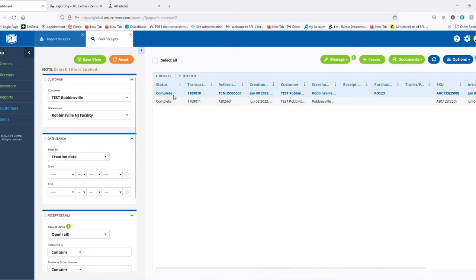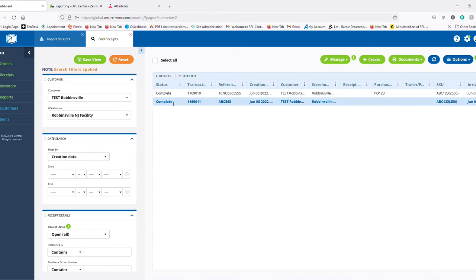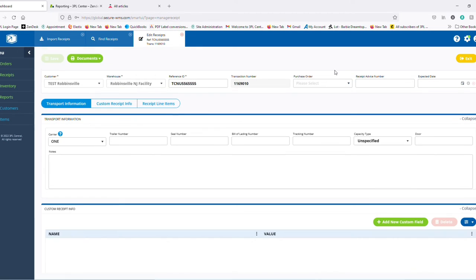The status of them is complete, which means they're awaiting arrival and ready to be received in once they arrive. You can go to any receipt, and you do have options to edit the receipt to add more information, changing a carrier, entering a trailer number or container number, entering a seal number if you're expecting there to be a seal on